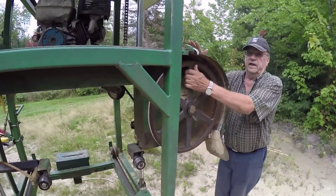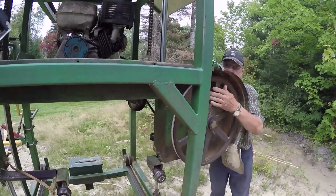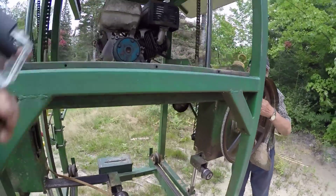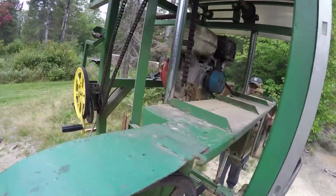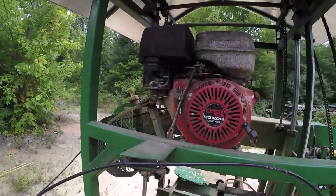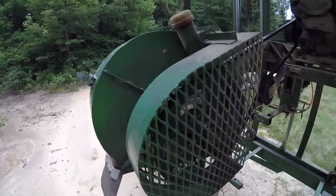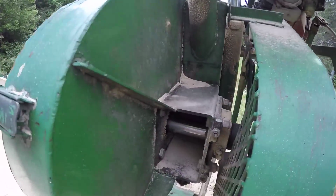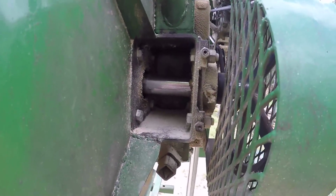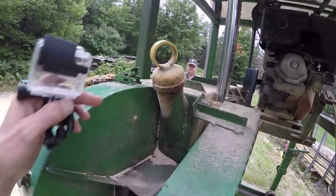Fixed shaft? Yeah, because it's a belt driving. It's driving when you're... The clutch is on the motor. So yeah, solid shaft on this end. And the tank for the...